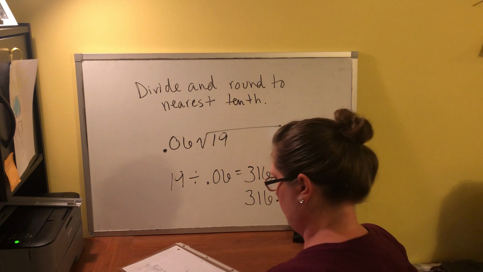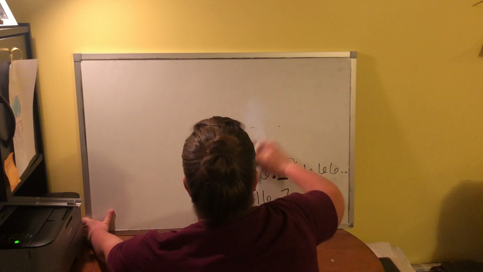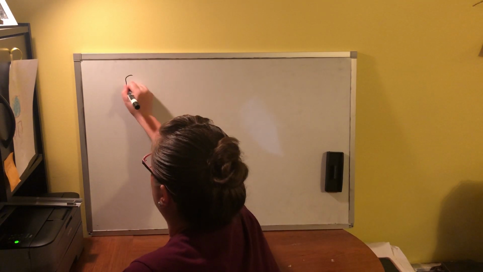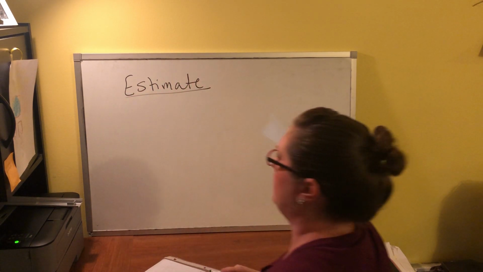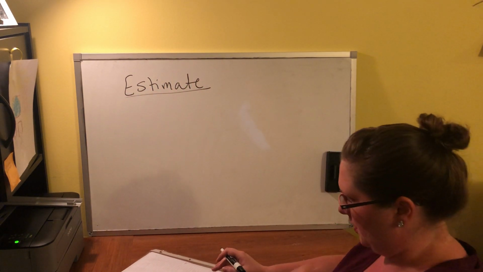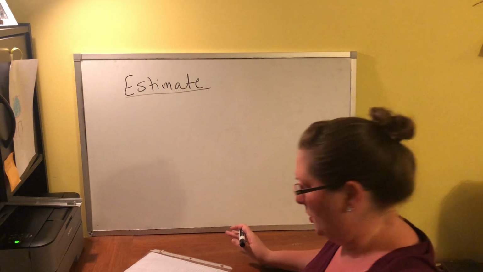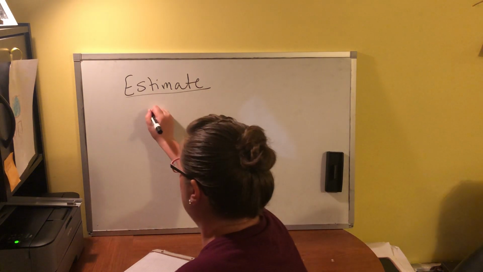Okay. The last thing in this section they're going to ask you to do, so we're still in section 0.3, is they're going to ask you to estimate. Now, estimating is different than rounding. Rounding, they tell you what to round to. When it just says estimate, we don't know what we're rounding to. So you're going to use what's called front-end rounding. So they said to estimate